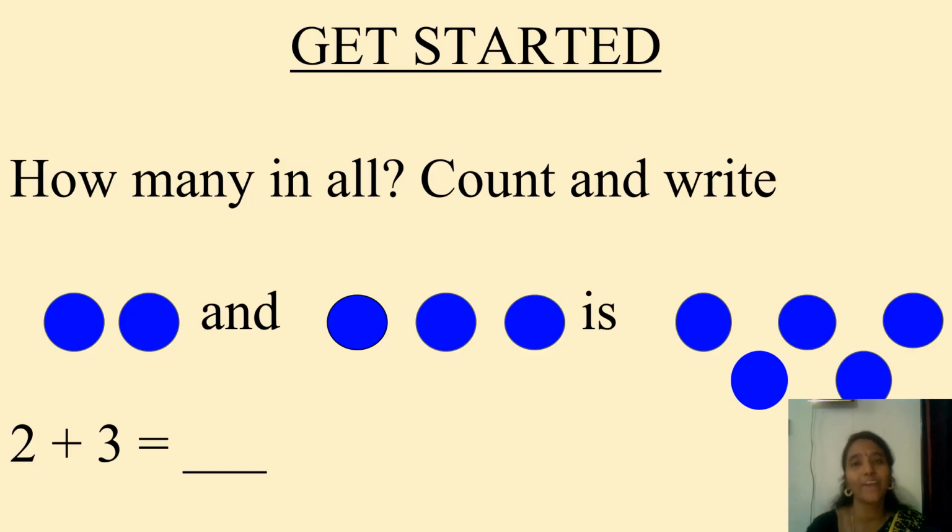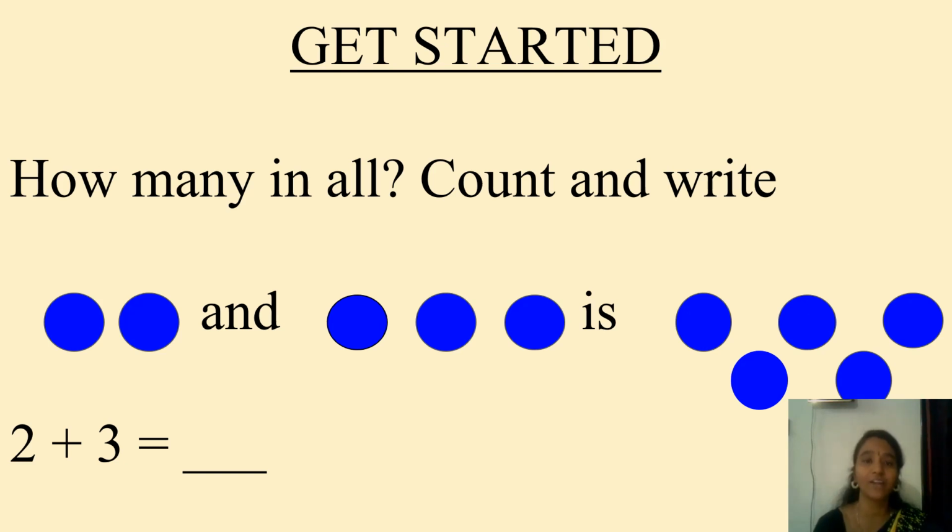You all know addition. In your first standard, you might have gone through the addition. Now let us recall what you have learned in your first standard. What is addition? Addition is combining of any two things, two or more things actually. Now you can see in the picture there are two dots and three blue dots. So combining, let us do the addition.